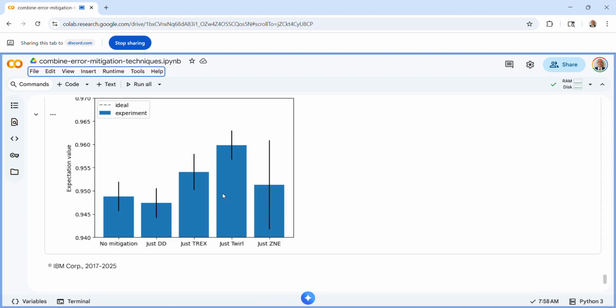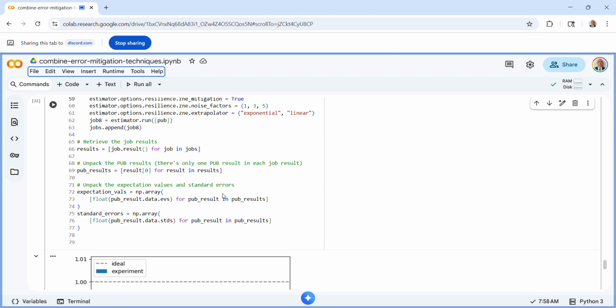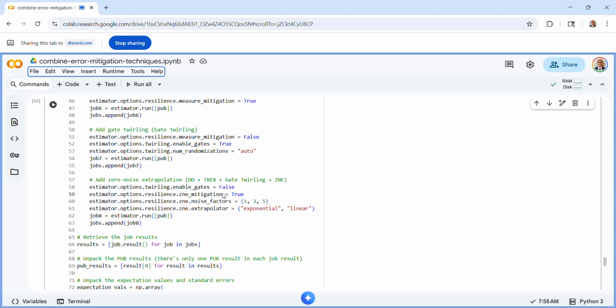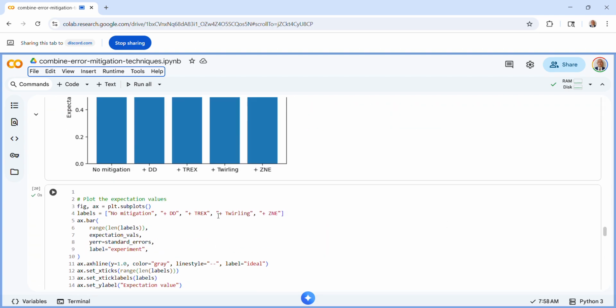So, a relatively short session today. I know we're all learning and getting comfortable with Qiskit, but using these error mitigation techniques doesn't take hundreds of lines of code or anything like that. As long as you